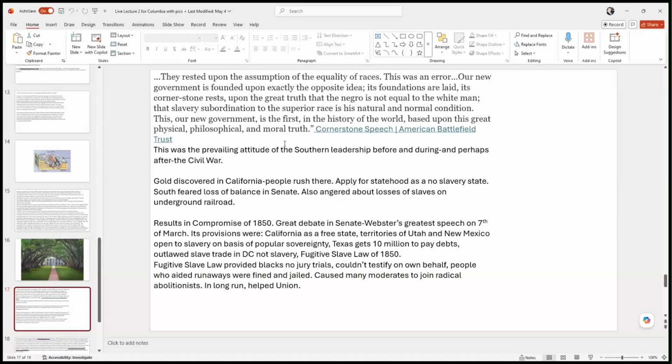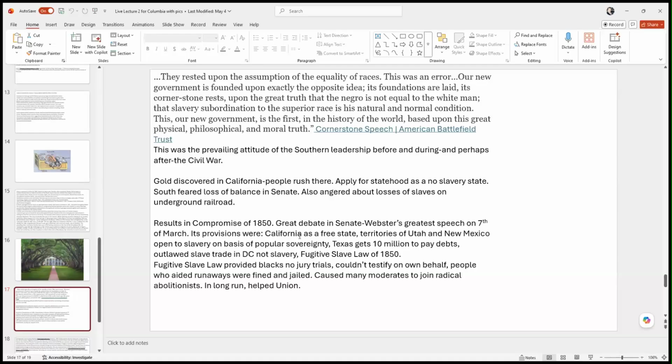So time rolls along, and you get to the 1850s, and there's another one of these political compromises called the Compromise of 1850, and it's the last one of these compromises. Texas gets to come in as a slave state. California comes in as a free state to balance it out. But the southern states also get, within this compromise, a new federal law called the Fugitive Slave Law.